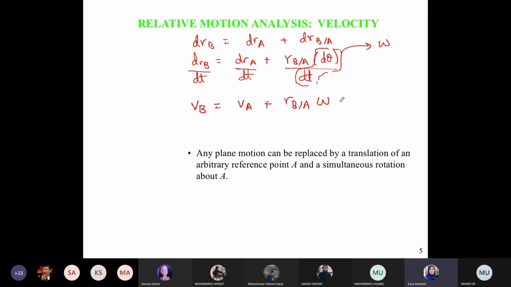One more thing that I'm going to do: because we have the velocity of B with respect to A, meaning B is rotating with respect to A, for now I'm just going to write that as the angular velocity of B with respect to A. But we'll see shortly this is the same for the entire